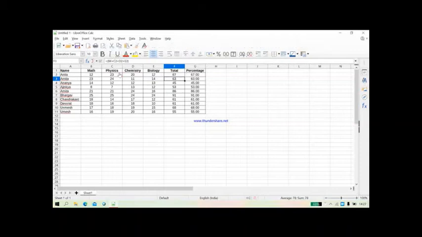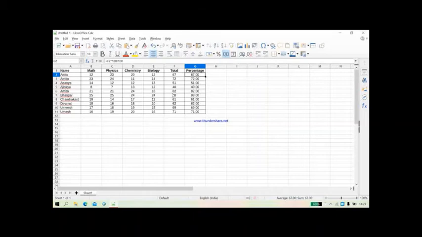Now here B2 must be there. So here your total will be again changed. Okay, so like this you will get the total as well as the percentage. So percentage will be calculated with the help of the formula, that is this total into 100 divided by 100, and just drag it down to get the total.